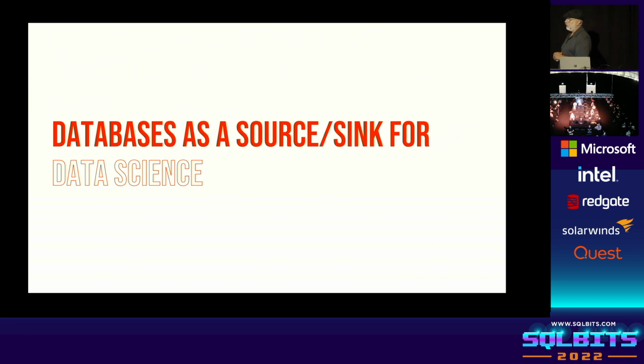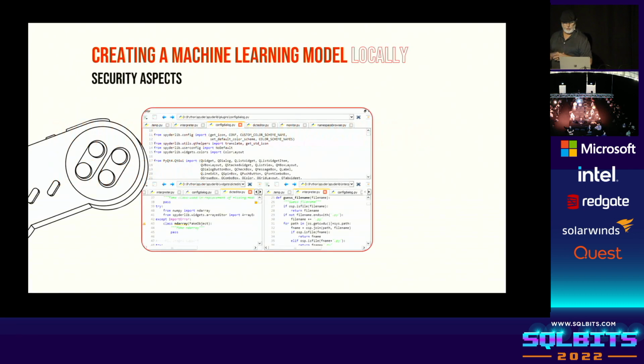Databases as a source or sink for data science is the most common. And here's what you do in this example. You're not meant to read this. This is just a picture. Basically, the data scientist will have a tool like RStudio, some sort of coding environment. They will pull the data out of the data sources, lots of them. They'll create a place where they can load it into this thing, and they'll begin to train the model.